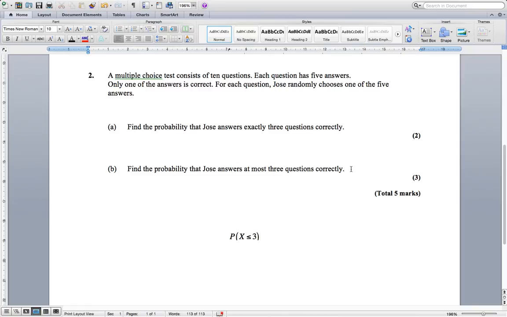Now let's look at the second problem. A multiple choice test consists of 10 questions. Each question has 5 answers. Only one of the answers is correct. For each question, Joe randomly chooses one of the 5 answers. Fine. Now here, n is 10, the number of questions. Each question has 5 answers, and only one of the answers is right. Since Joe randomly chooses one of the 5 answers, the probability that he will answer a correct question